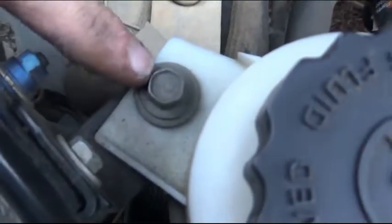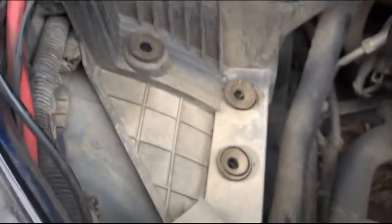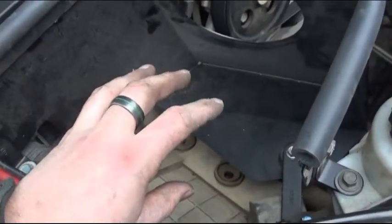and the one for the power steering reserve. And that's going to bolt onto the heat shield using the existing bolts. Now you can see we have the heat shield bolted in right there. Now we're going to go ahead and set the filter in here to make it easier to install,